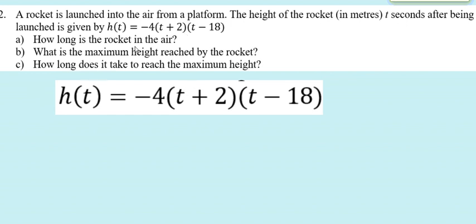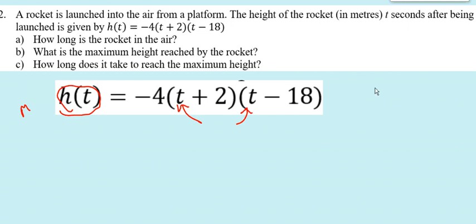How long is the rocket in the air? What is the maximum height reached by the rocket? And how long does it take to reach maximum height? So, first thing I always like to do is look carefully at the formula given to me and make sure I understand all the variables. So this is a formula that's comparing the height of a rocket in meters with the time since it was